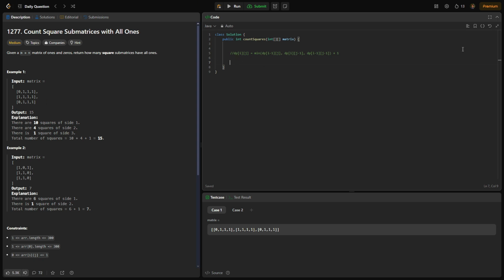First thing we're going to do is initiate our rows and columns to track our matrix length and height. So int rows is going to be equal to matrix.length, and int cols is going to be equal to matrix[0].length. So getting the height and the length of our